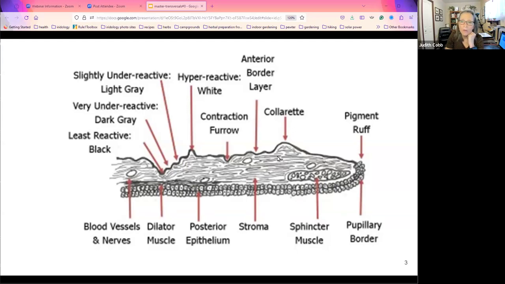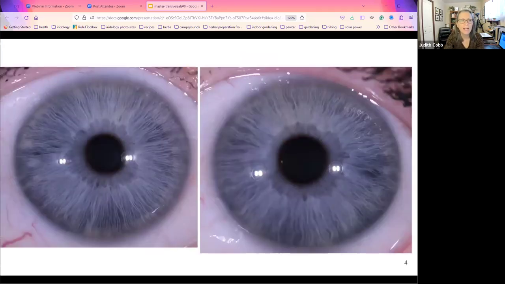When we are looking at this, we are looking at the top layer of fiber that is just behind the anterior border layer, not the anterior border layer itself. In the dynamic iridology assessment system program, we teach 7 different variations on the topic of fiber. Today, we're just going to keep it high level because we certainly don't have time to go into all of the depth that I do in the dynamic iridology program. So let's look at these eyes.